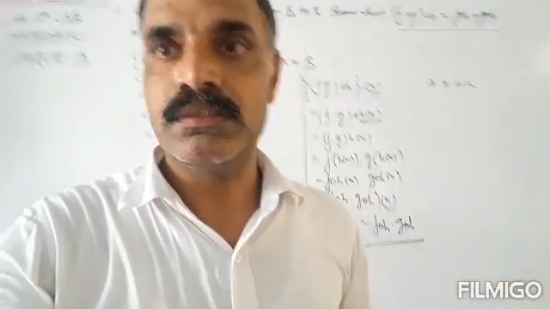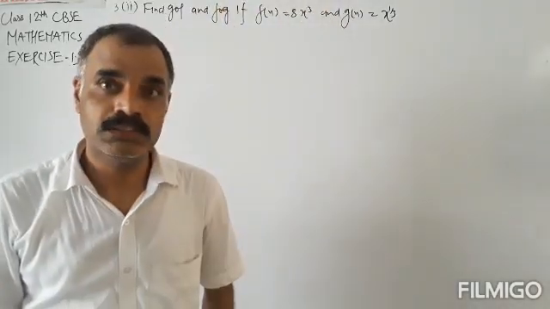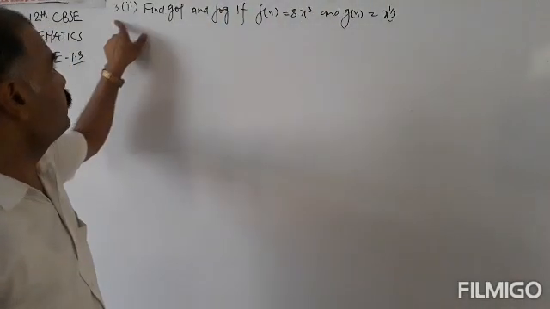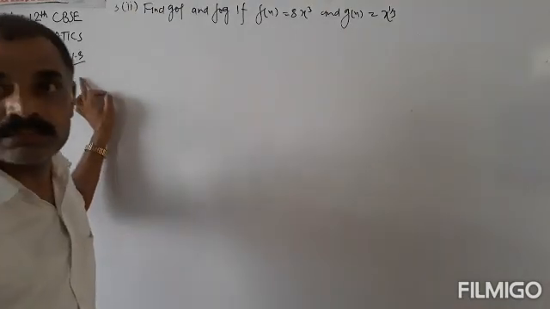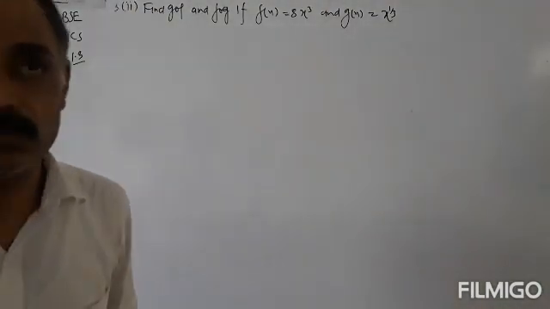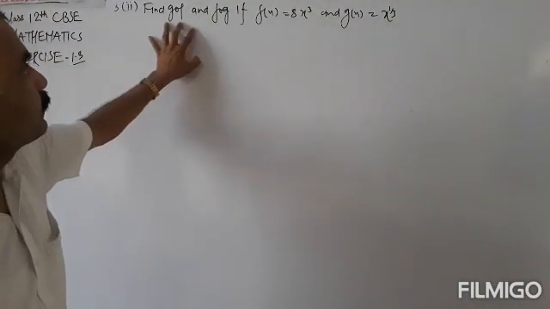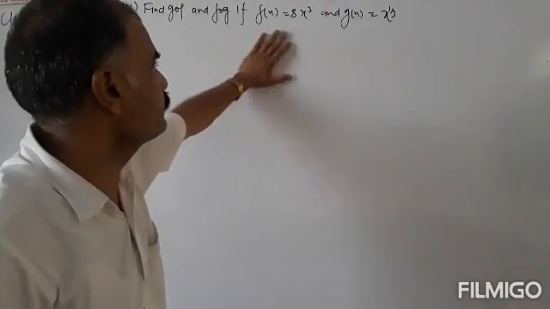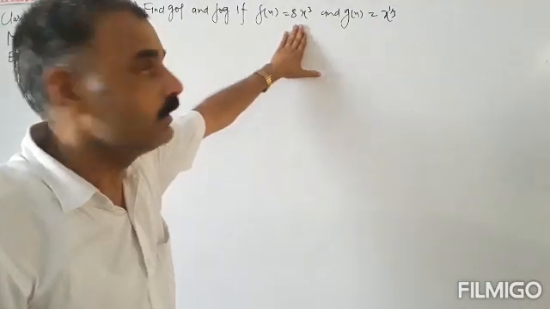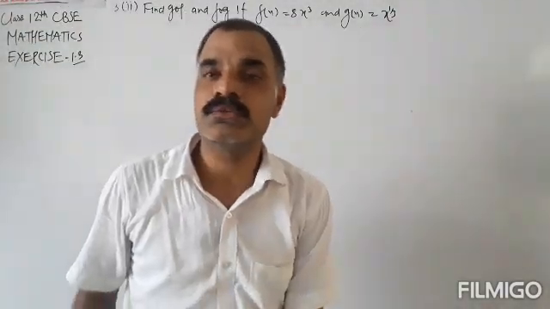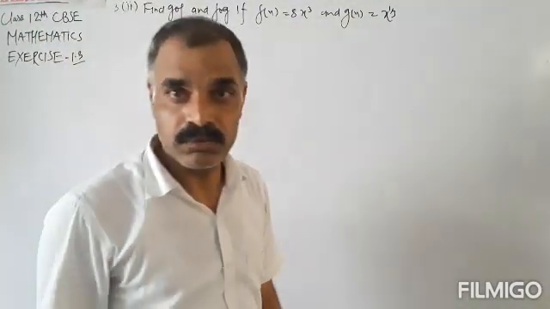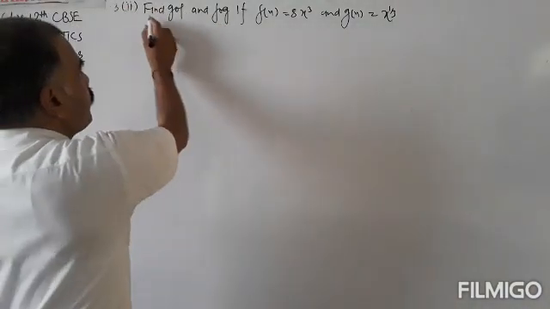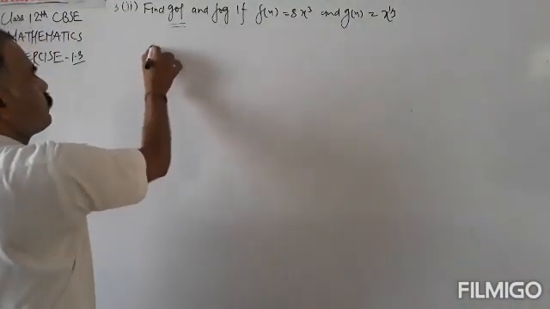Okay, now let us take question number third of exercise 1.3. This is: find g o f and f o g, if f of x equals 8x cube and g of x equals x to the power 1 by 3. So finding g o f, g o f of x